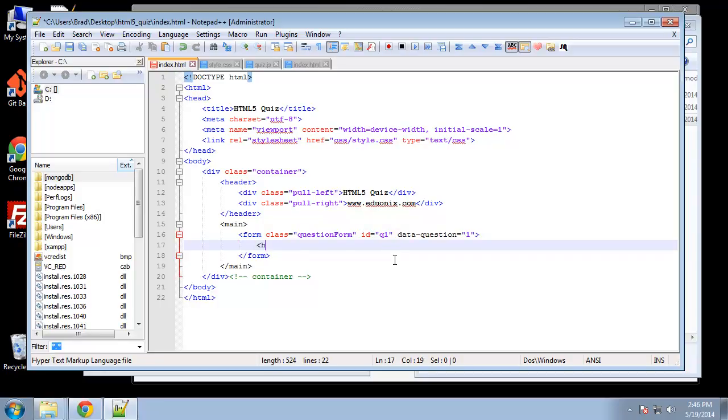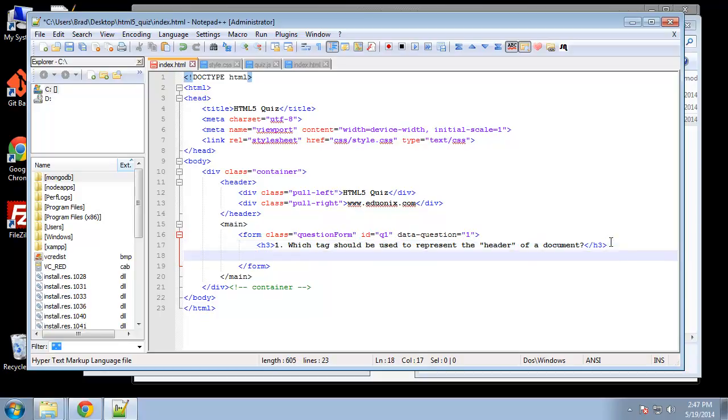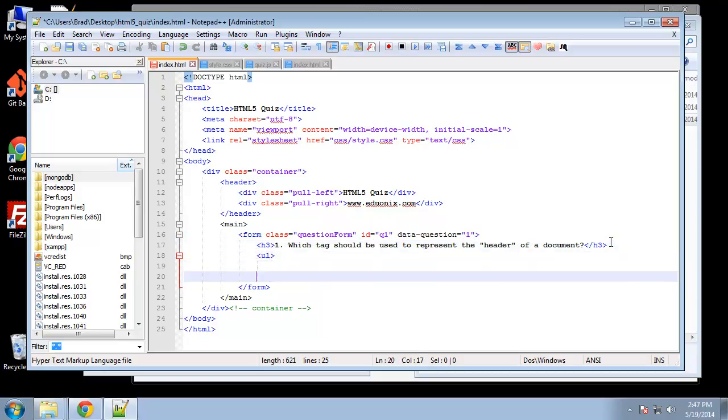Inside of here, we're going to have an H3, which is going to hold the question. So for question 1, we'll say, which tag should be used to represent the header of a document? There's the question, and then underneath we're going to have a UL tag,